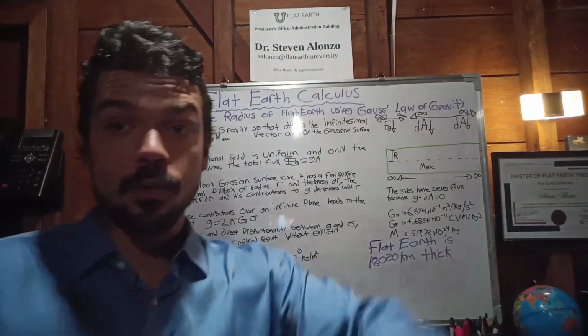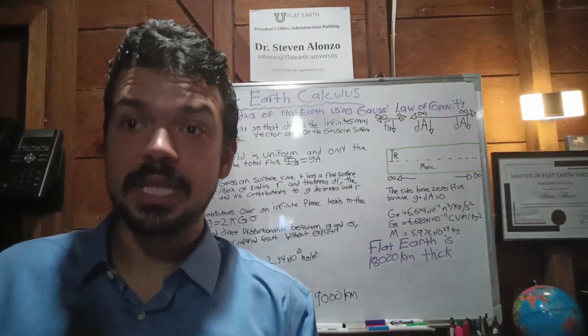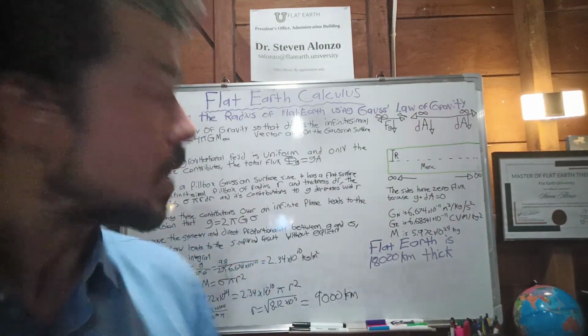If you want the downward vector of 9.8 meters per second, which you do because we want an accurate flat Earth model,